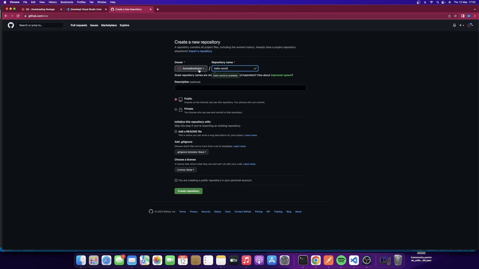Okay. This is the name of our repository. We can add a simple description. Okay. This is a Git and GitHub demo